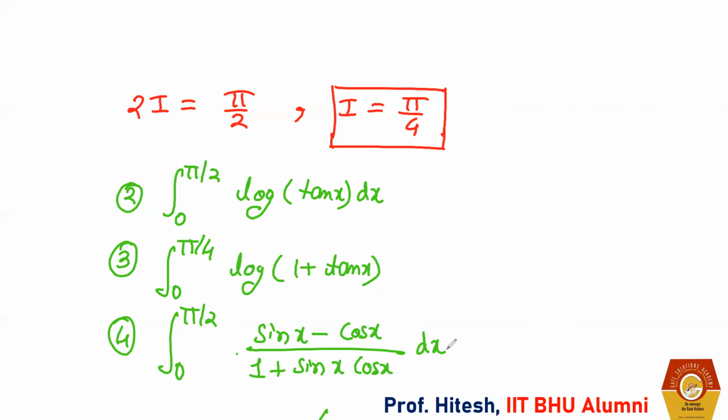These properties are very important. Okay, let's write it. These 3 questions, you will WhatsApp me your answer. Directly I can say this will be 0 because it is sin x minus cos x. When you put pi by 2 minus x, it will be cos x minus sin x, and the denominator remains the same. So we will add, it will be 0. Directly you can solve. Others you will solve, let me know the answer.